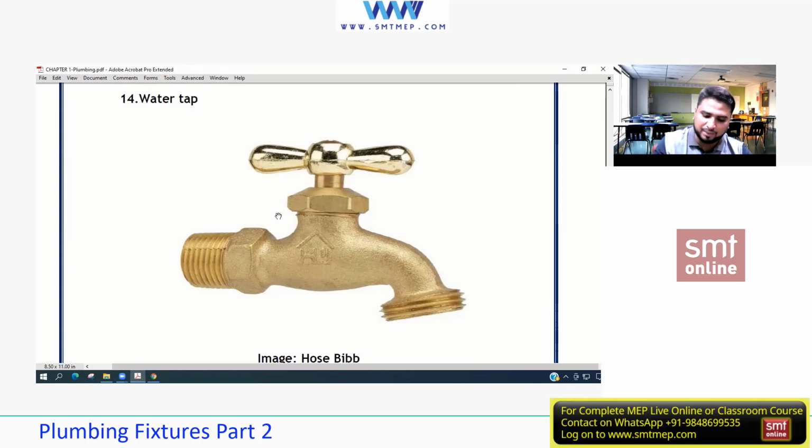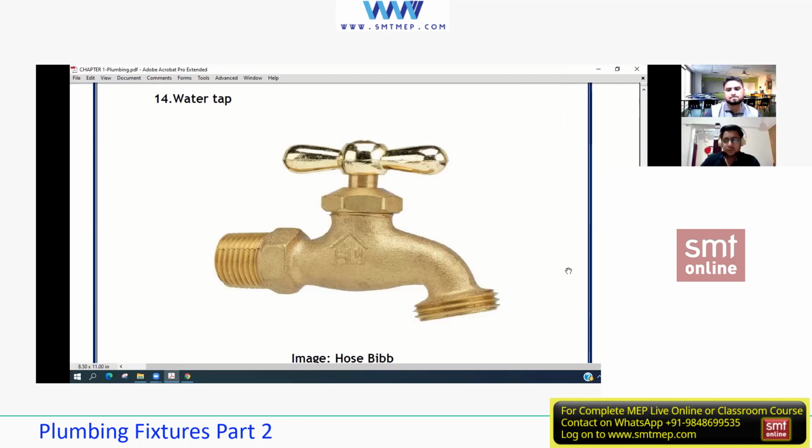If I compare a faucet and a tap, there's a huge difference. What is a tap, anyone? The tap function is different and the faucet function is different. Anyone any idea about the functioning? Faucet is a mixer, used in laboratory. Okay, I agree, faucet is used in laboratories and tap is not. But I'm talking about the functioning. If you want, you can write it down. Tap has one type of water, cold, but a faucet has both combinations. You mean to say it is a mixer? Yes. I'm talking about the functioning.